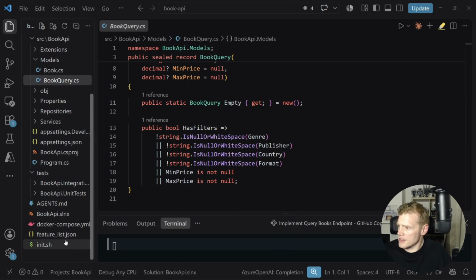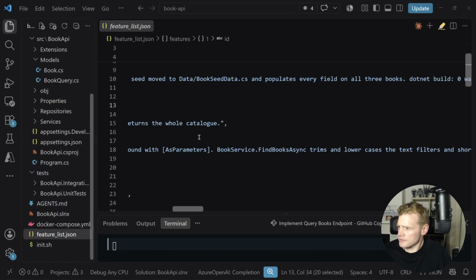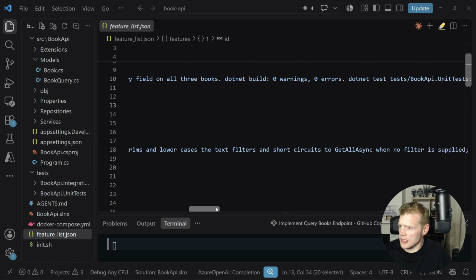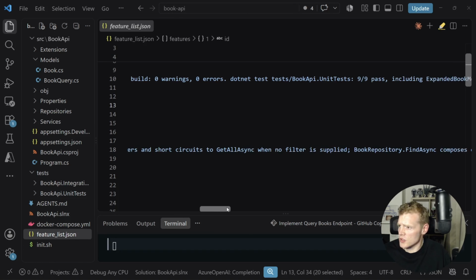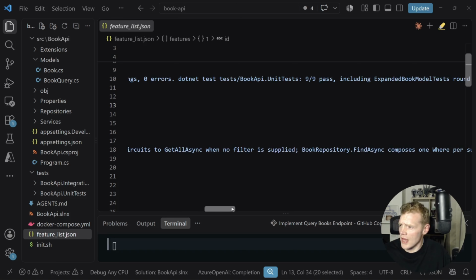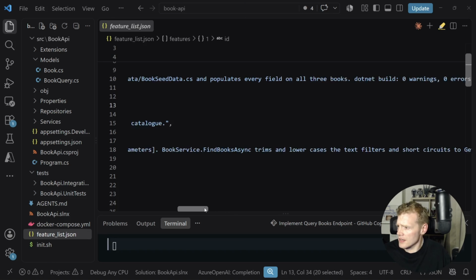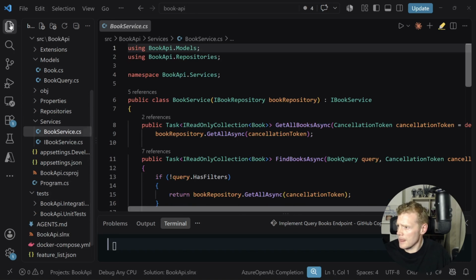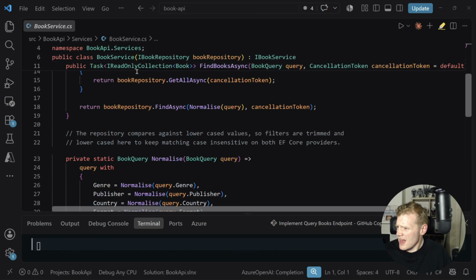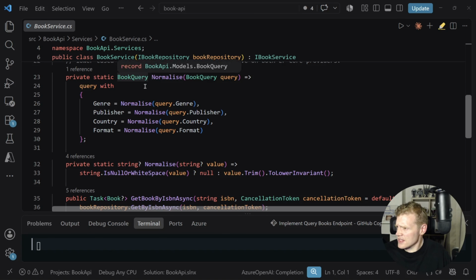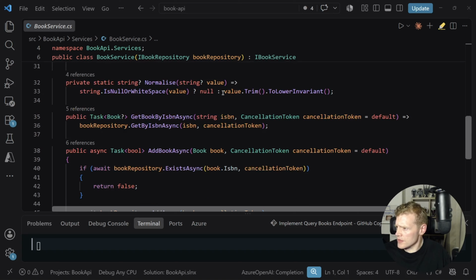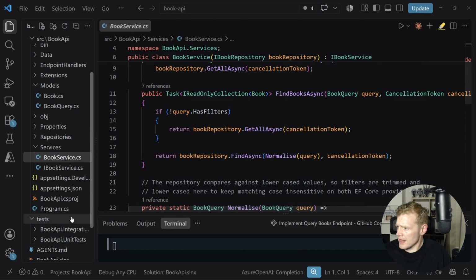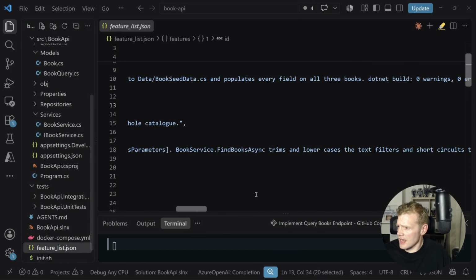Go back into the feature list JSON file, and then the book service, find book asyncs, trims and lower cases the text filters and short circuits to get all async when no filter is supplied. So let me go into the book service in our service layer. And I can see some normalization happening there with the strings, which looks pretty good. So if I go back into that feature list JSON file again,